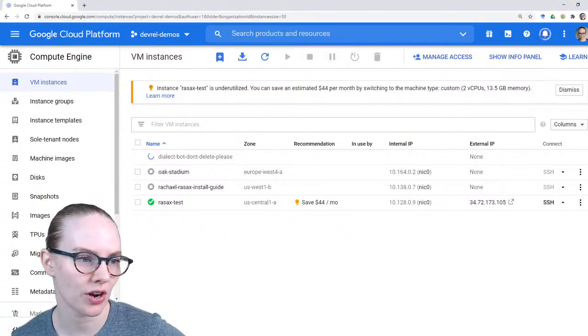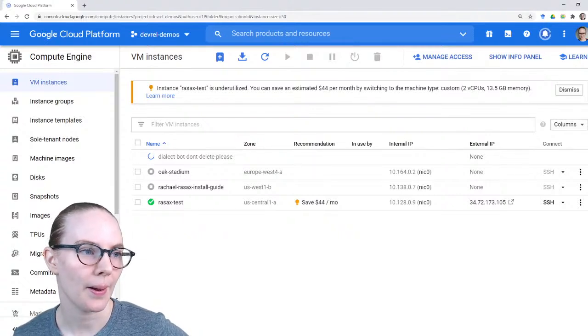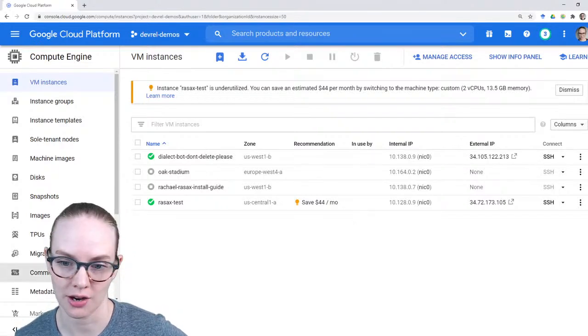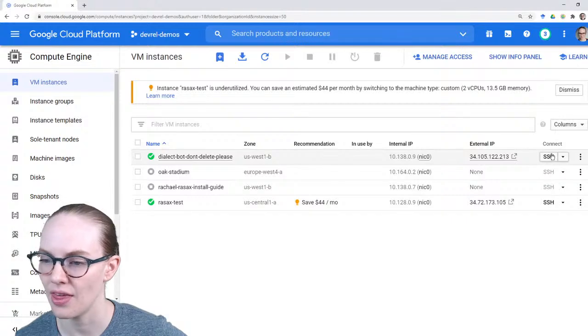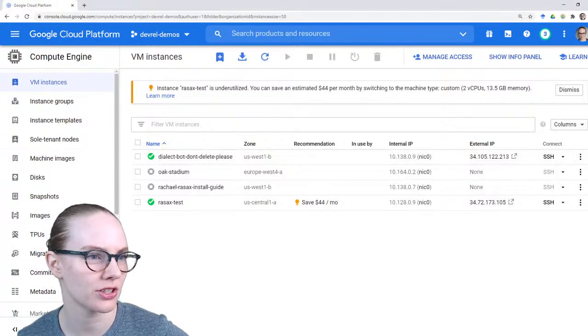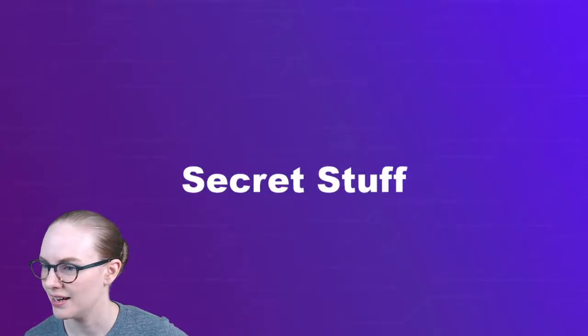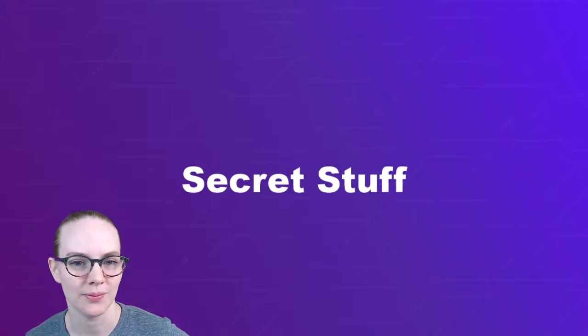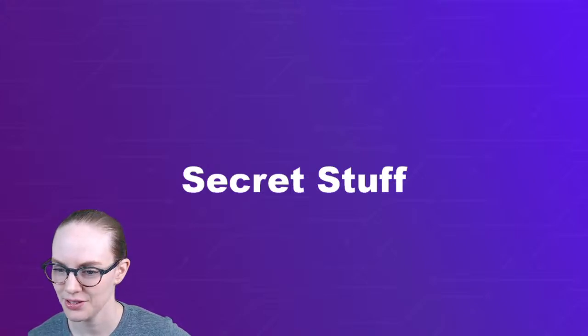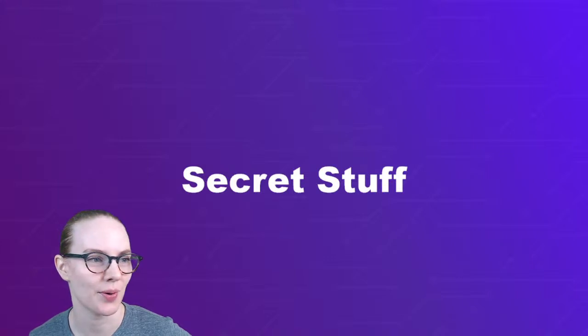Actually, I think once it's created, we're going to try to read in our action server from Docker Hub and see if that works. I'm just going to quickly turn on secret stuff just in case there's something shown that I don't want to be shown.